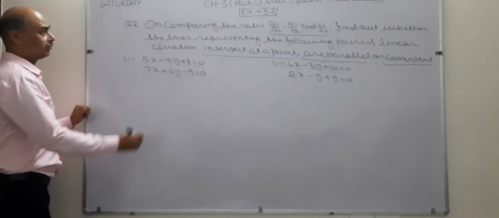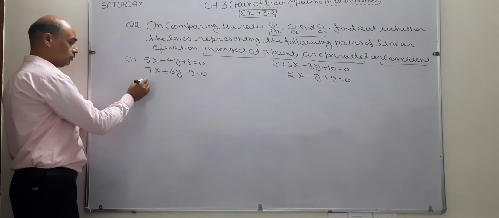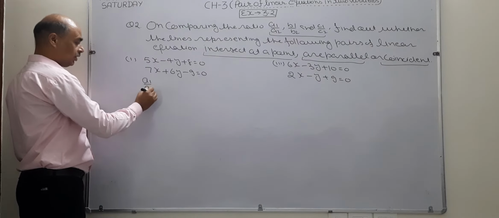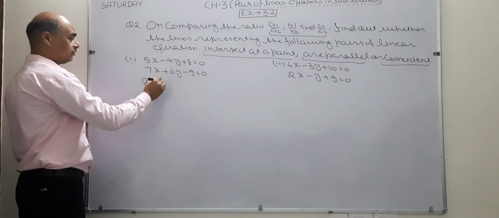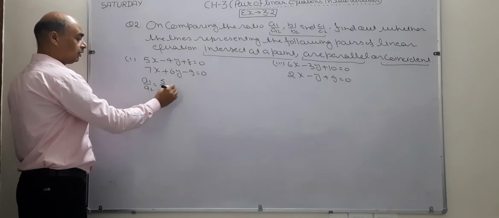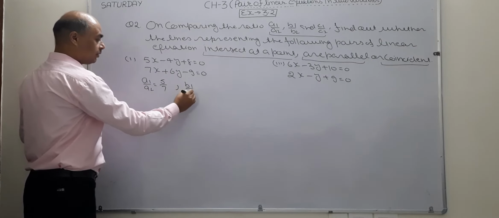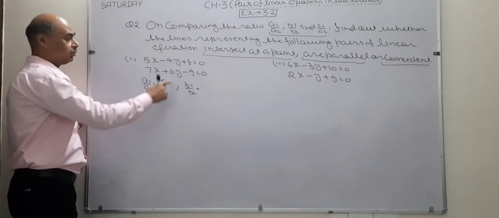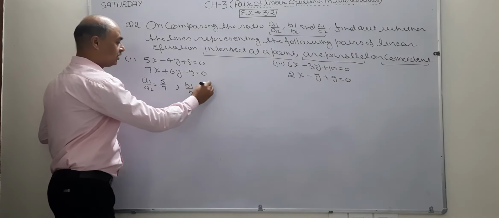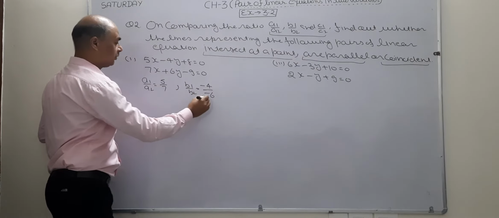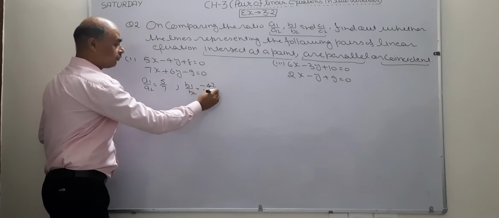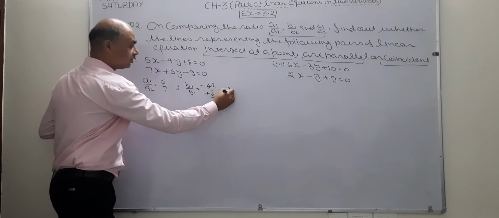To solve this question, I am going to use the table which we discussed earlier. Now see, I am going to find the value of A1 by A2. In this question, what is the value of A1 by A2? When I leave x, what is left? 5 by 7. After that, see B1 by B2. What is the value of B1 by B2? Leave y. After leaving y, what is left? Minus 4 and minus 6 plus 6. Now see, 2 2s are 4, 2 3s are 6. This becomes minus 2 by 3.